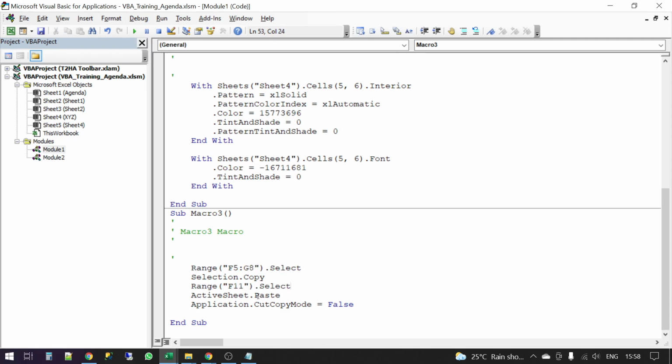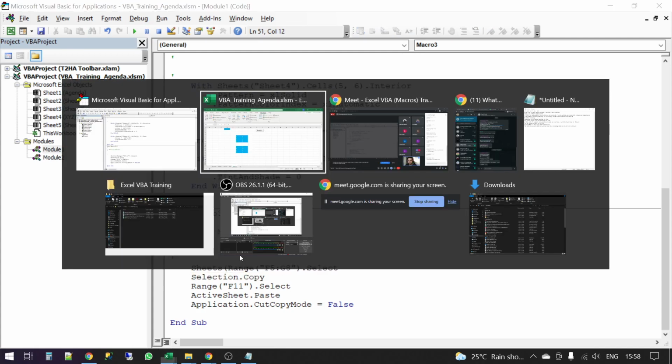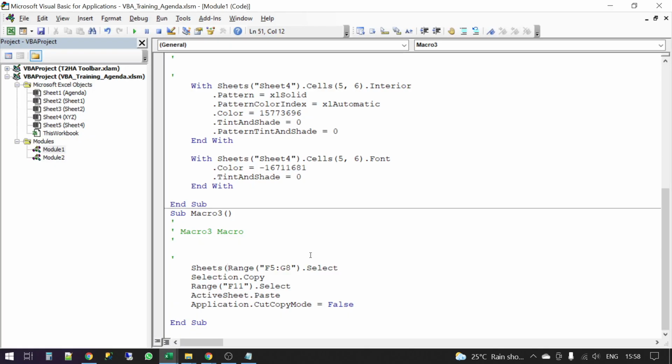If you have to improve this code, I suggest what you should do is add the sheet name here so that you can then use it anywhere and from anywhere. If you do this, this will make the code better. Copy and paste. So wherever you see reference of a range which has got recorded, just add the sheet as well so that it becomes better. Everything else is the same, no changes.